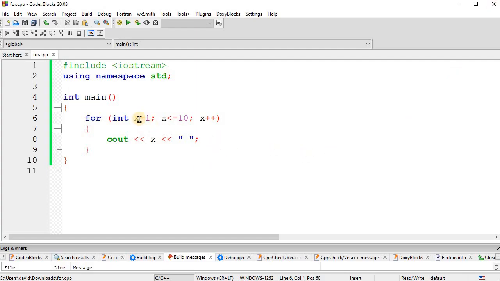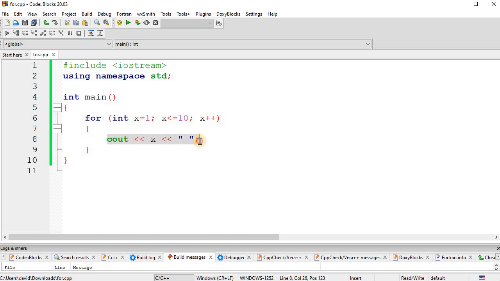Okay, so the way it works is, with a for loop, the first item you put in the parentheses is your variable declaration. It does that one time at the beginning of the for loop. So you declare a variable x, make it equal to 1. And then the next thing it does is test the condition. So you test the condition before you do each loop. And if that condition is false to begin with, then you won't do anything. But in this case, while x is less than or equal to 10, which is true,